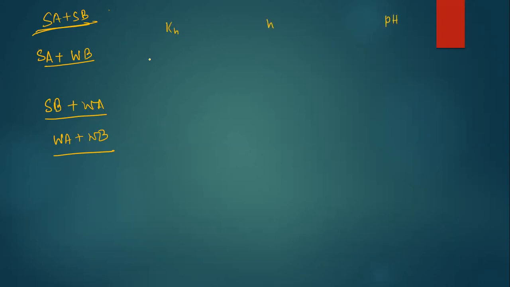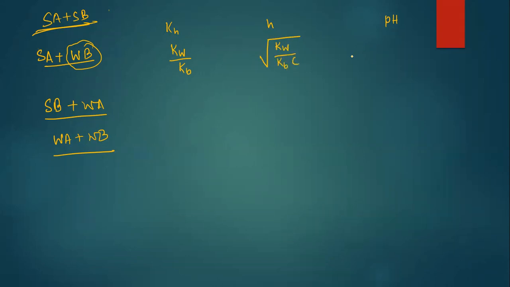So let me do the table. I will show you how to remember, and after that if you have any doubts about how to remember, then you can ask me. First of all, the KH formula for strong acid, weak base. So this is Kw by Kb. So it is dependent on the base part. It doesn't depend on the acid part. The stronger part will not affect anything. The weaker part will affect. H formula is root over Kw by Kb, C.